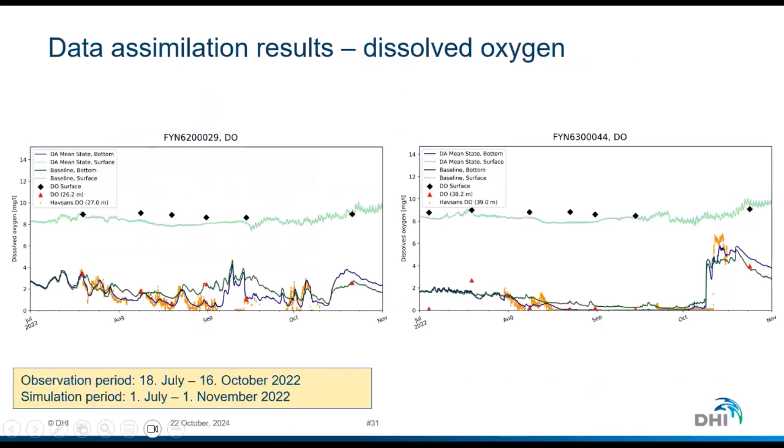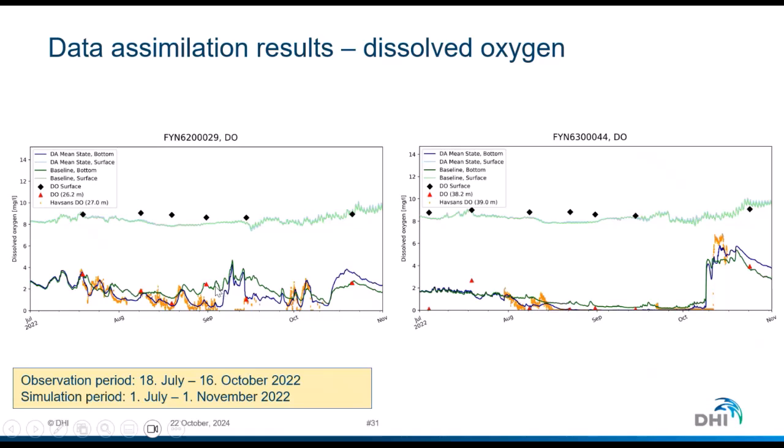This is the result of the data assimilation of dissolved oxygen from the 2 stations. If we look at the figures, we have the surface model and measurements here, which we are not interested in, and then we zoom in on the model results and the measurement results at the bottom, where we have the red triangles for measurements, and we have Havsands data with the orange line, and then we have the model results without data assimilation.